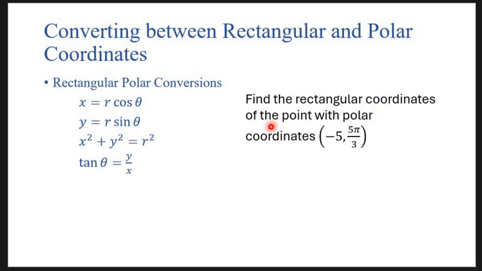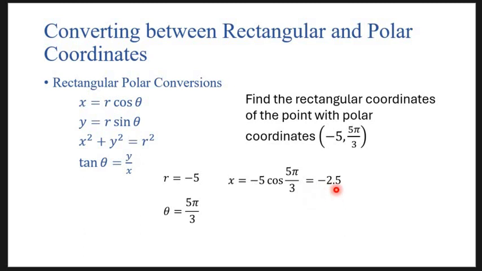Find the rectangular coordinates of the point with polar coordinates -5, 5 pi over 3. So they've given me r as -5 and theta as 5 pi over 3 radians. I can use those 2 values to find x and y with these first 2 equations. First, x is equal to -5 times the cosine of 5 pi over 3, and I can type this into a calculator, or we can remember that the cosine of 5 pi over 3 is 1/2. Either way, we get that x is equal to